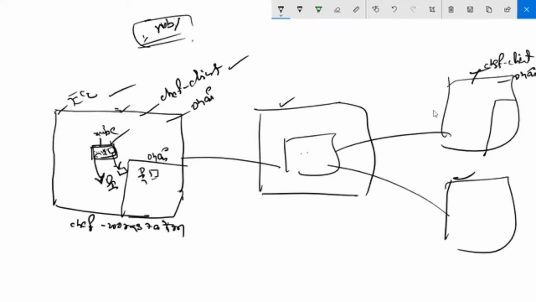Instead of uploading to the server, I'll apply this locally by running Chef client, because in the workstation as well, you'll get Chef client, and Ohai is there. So locally, in the local workstation as well, you have Ohai. So that is what I'm going to do now. Hope you understood this concept, guys, what actually I'm going to do.